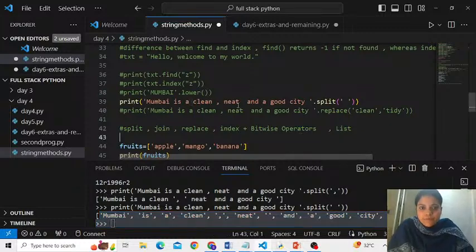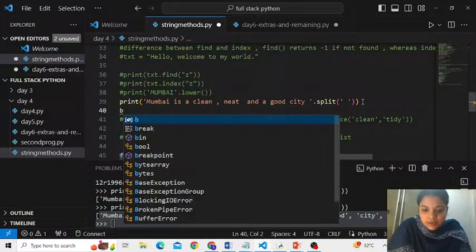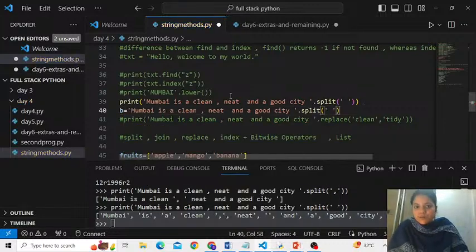Alright, fine. For example, if I write this part and assign it to some variable, say b is equal to this part of the code, meaning whatever output comes after splitting, we have assigned to b.